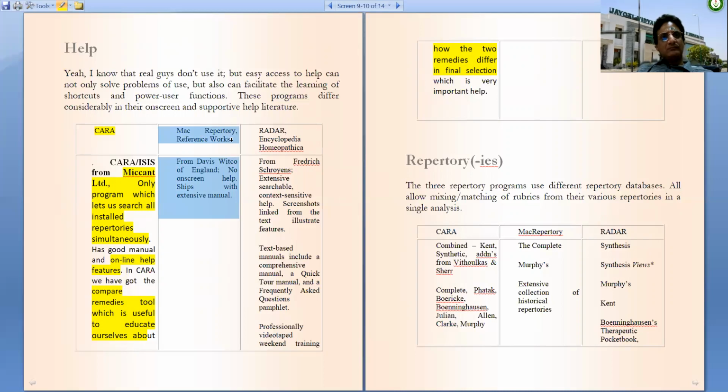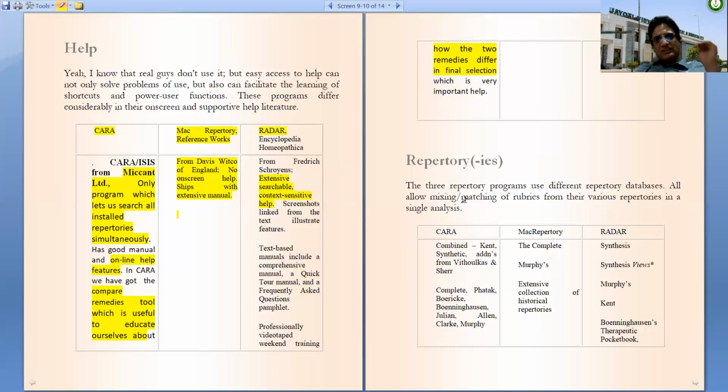In MacRepertory, which is from David Warkentin of England, there is no on-screen help. In RADAR, which is from Frederik Schroyens, it is extensive searchable software. It provides context sensitive help. So Kara and RADAR both provide help features. MacRepertory is not having any help feature.